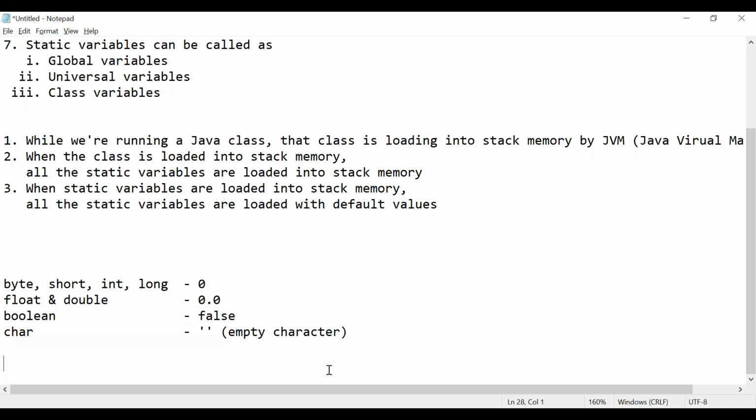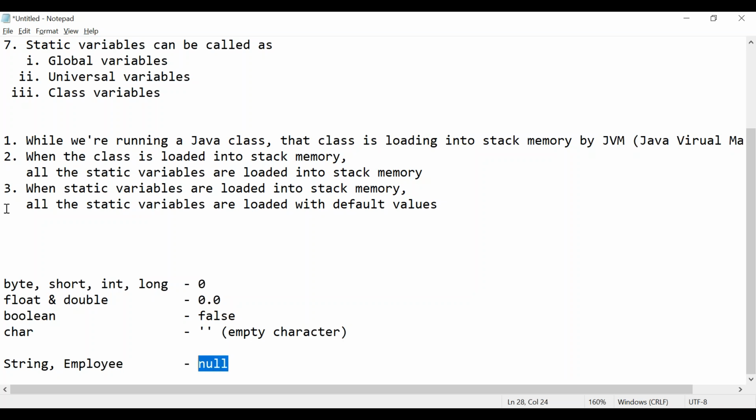So derived data types. Under derived data types, if you declare any class, String is an inbuilt class, correct? System is also one of the classes. Suppose we have created an Employee class. Those will be loaded with null.